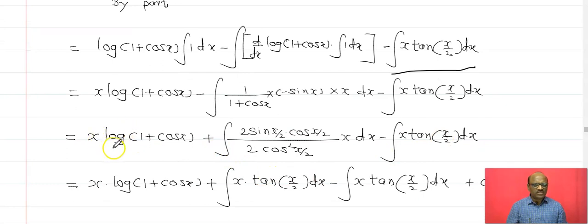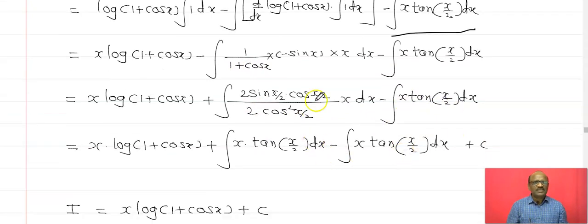Now what is here? x log of 1 plus cos x. Now here minus minus will become plus, integral. What about here sin x? Now this sin x can be written as 2 sin x by 2 into cos x by 2. What about 1 plus cos x? That is 2 cos square x by 2, into x dx, minus x tan of x by 2 into dx. Now here cos of x by 2 gets cancelled and 2 gets cancelled. You will get x tan of x by 2 into dx minus x tan of x by 2 into dx